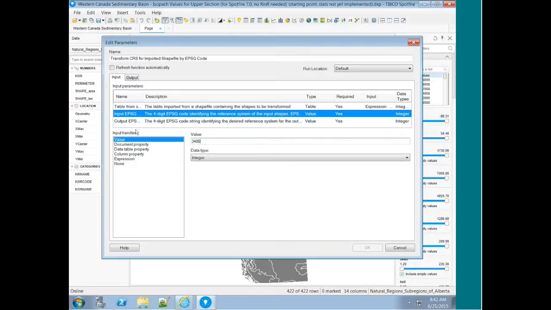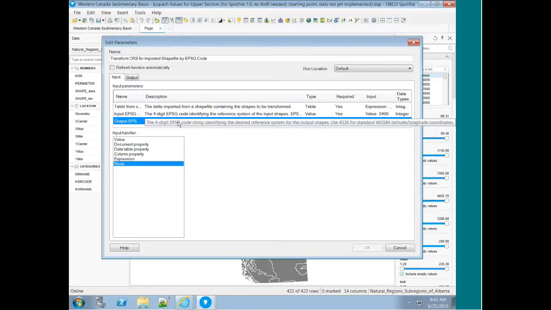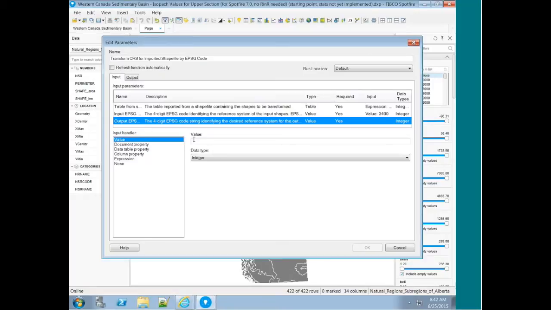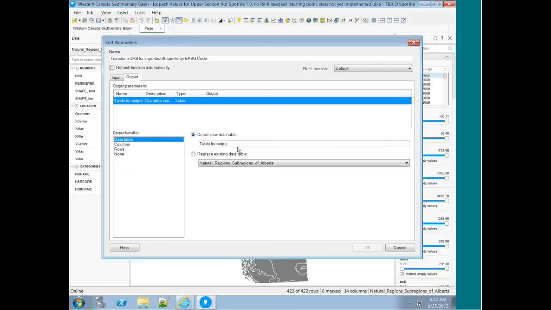So I'll go ahead back to my example and input 3400 as that code. Then the output code defining the coordinate reference system that I'd like to convert this data to, it says in the description that you should use 4326 for standard latitude, longitude coordinates. So I'll use that, 4326. All right, and then I'll output my data to a new table called natural regions transformed. All right, and then when I click OK,